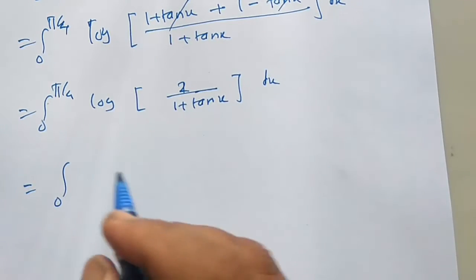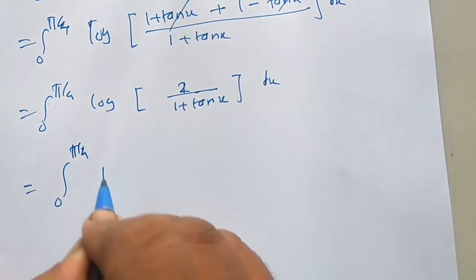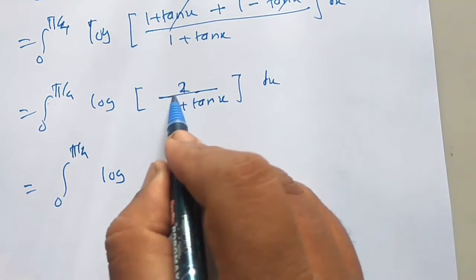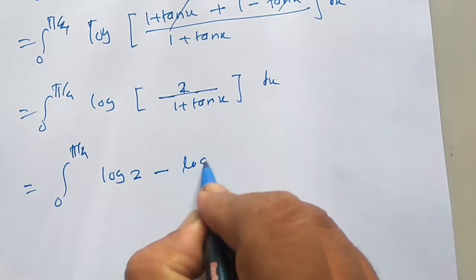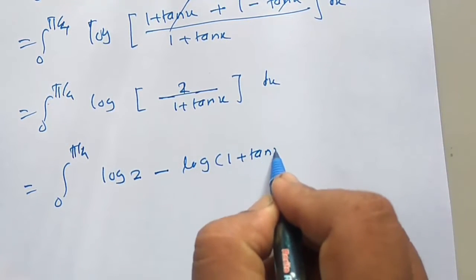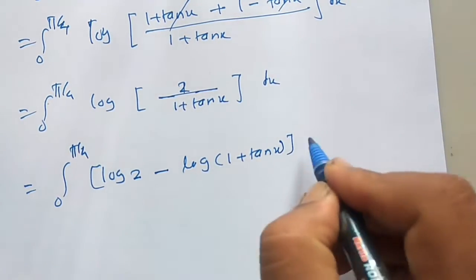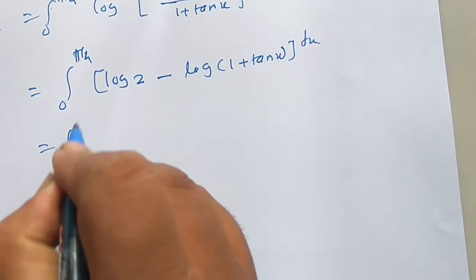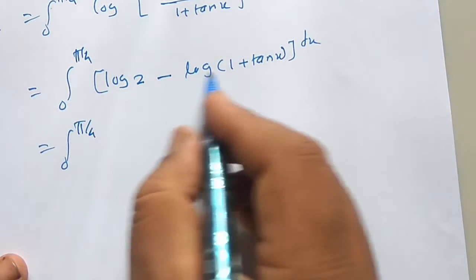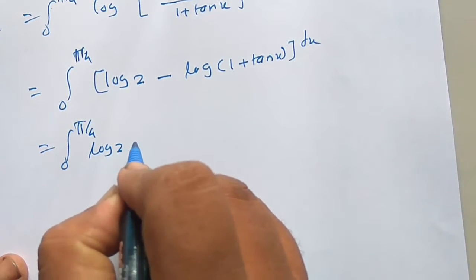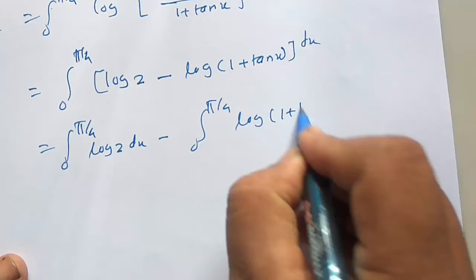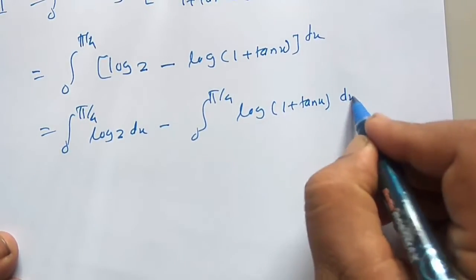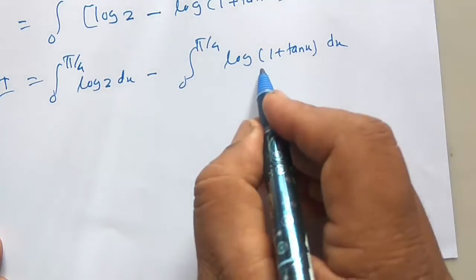I is equal to 0 to pi by 4 log of, we know that log of m upon n is log m minus log n. So log of 2 minus log of 1 plus tan x bracket complete dx. So this is equal to 0 to pi by 4. Now we split the integration: log 2 dx minus integration 0 to pi by 4 log of 1 plus tan x dx. This is nothing but I. This is also I because we have denoted this as